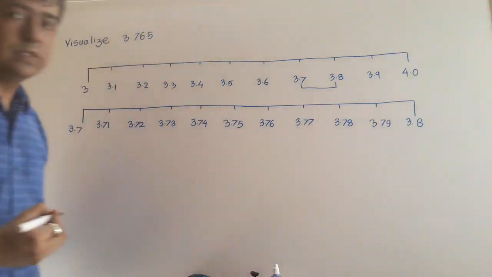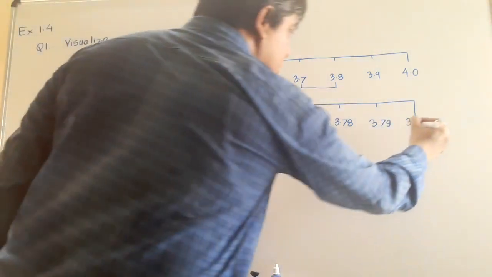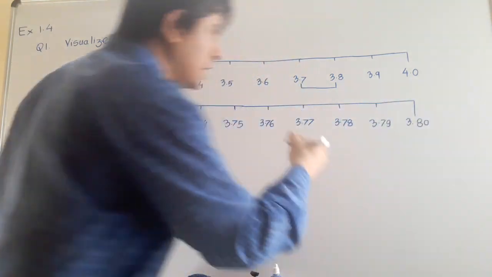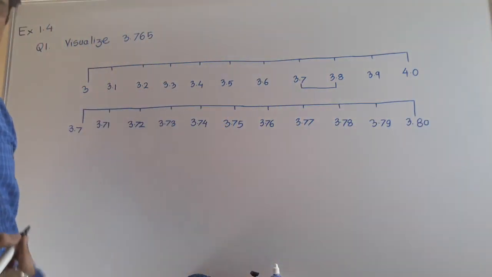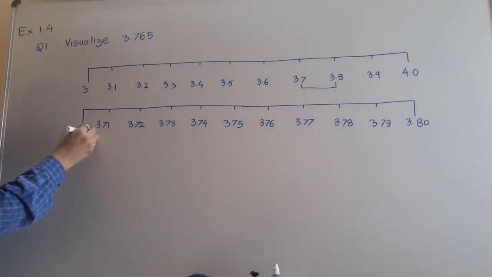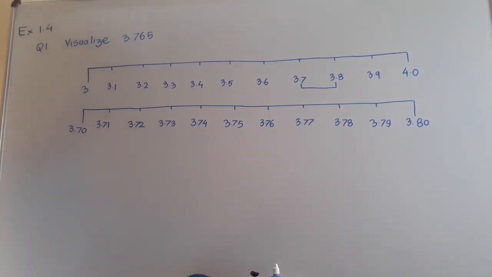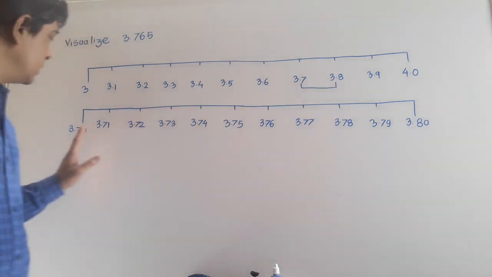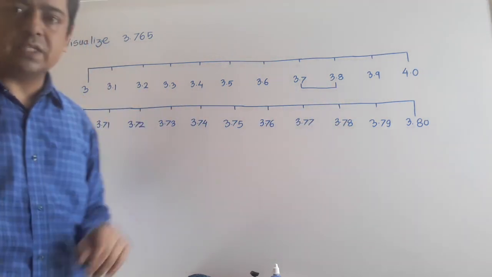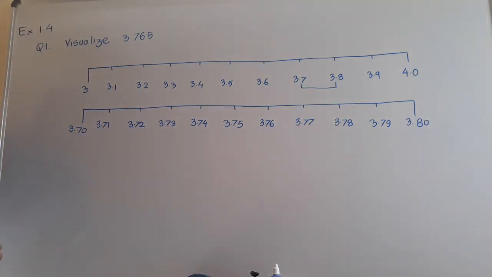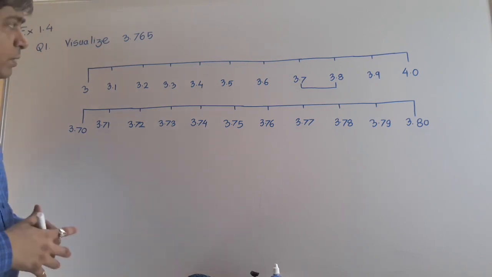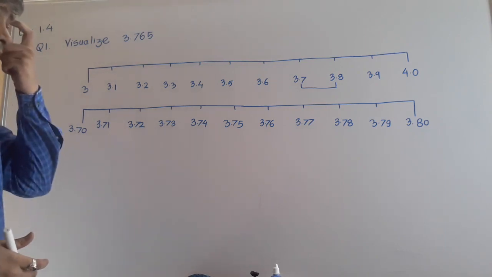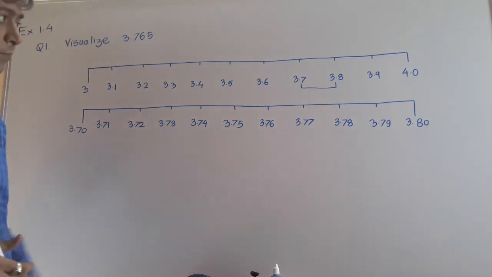If you have any confusion, 3.8 you can actually say is 3.80, so 79 and then 80 is coming. In the same way here, 3.70 I can assume, so 70 and then 71 is coming. Okay, since my number lies between these two, I have taken the next number line in this manner. Now let us see the number 3.7 and 3.8 I have taken here, right?